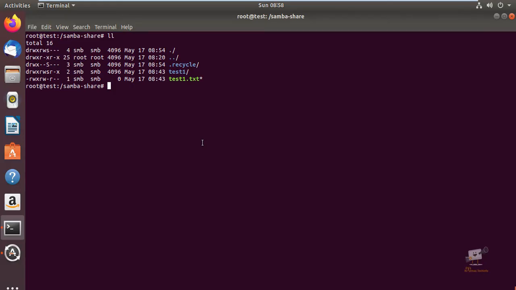So using the chattr command we can restrict the users from deleting the files and directories in the Samba share. We can also use this chattr command to restrict the users from deleting important files on the servers, like /etc/passwd and the /etc/shadow file.